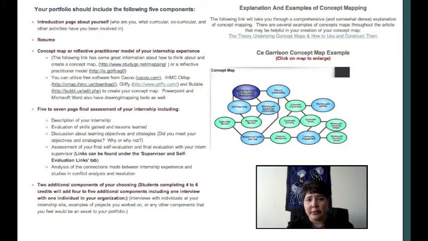And what are these additional components? They could be interviews, they could be films, they could be flyers you've worked on, anything that you have done during your internship. But they must be things that you have done during the internship. So what I don't want to see is, hey, this is a flyer that explains the program I've been working on, or this is a set of papers that